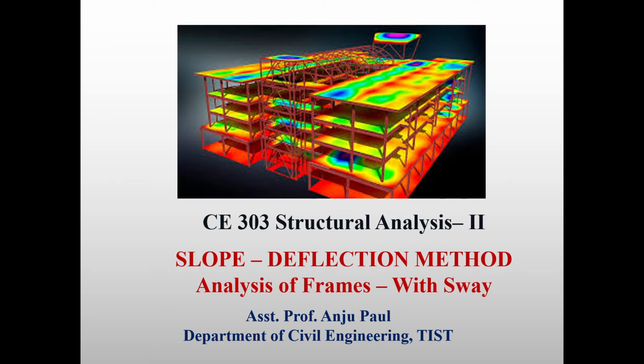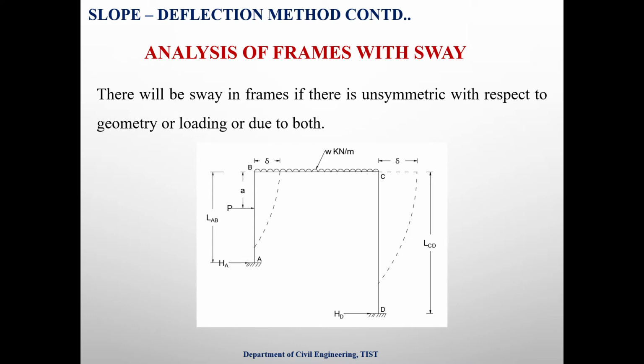Dear students, continuing the slope deflection method, that is analysis of frames with sway. As I said in the previous lecture, there will be sway in frames if there is any lateral movement. That lateral movement happens if there is an asymmetry with respect to geometry or loading or due to both. Then if you are considering this as an example,